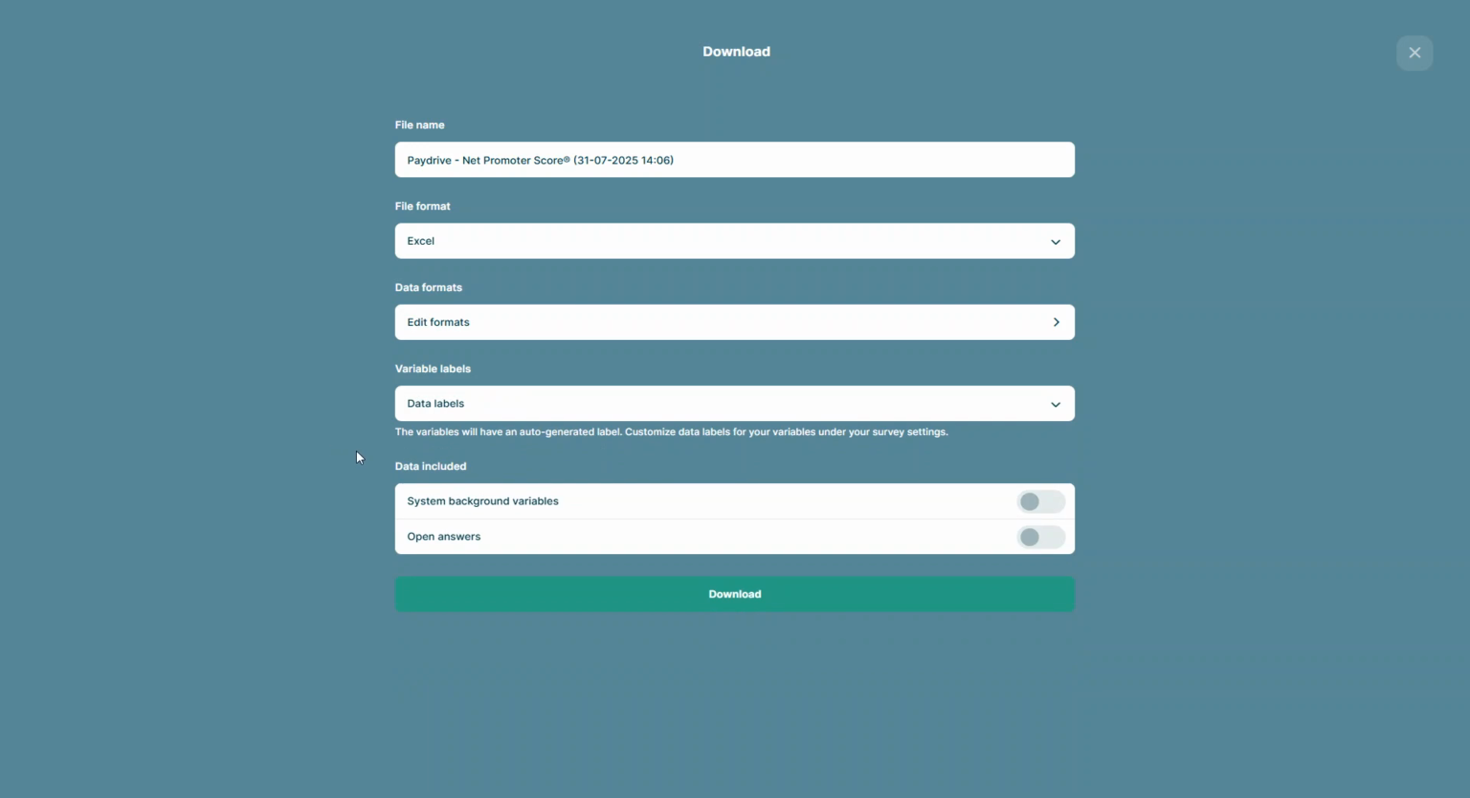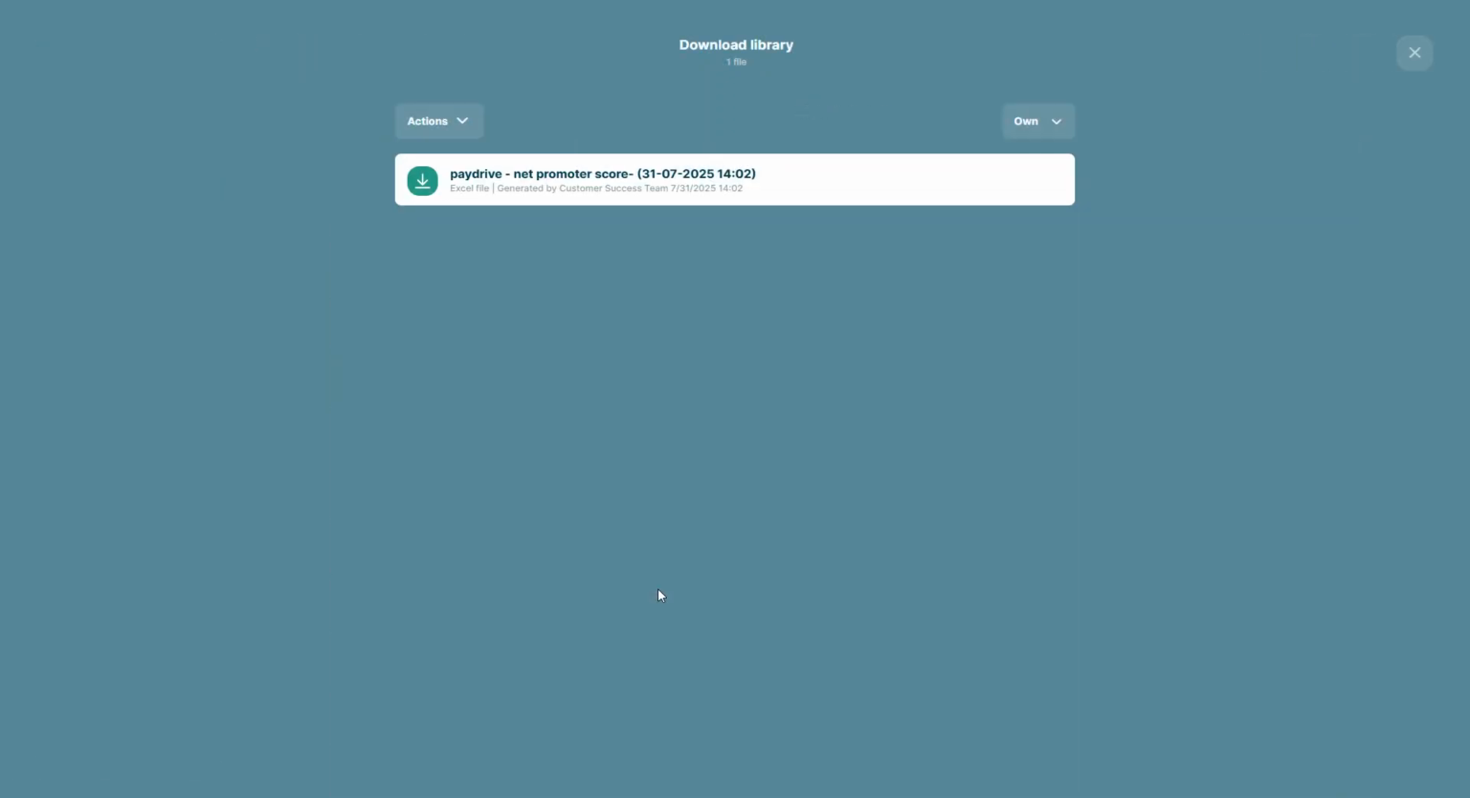And then you can choose what kind of data you want to include into your download. Do you want to include system background variables? Then you have to enable it. And the open answers we also want to include. Once you've customized your download, you click the green button called Download, and then you can see the download library,